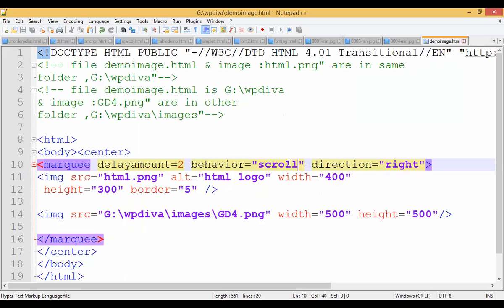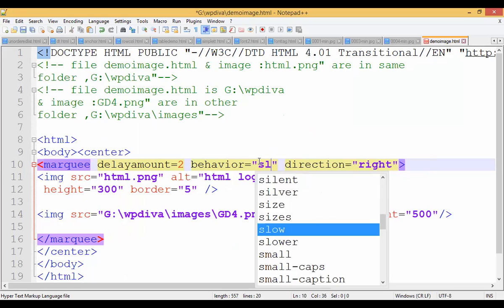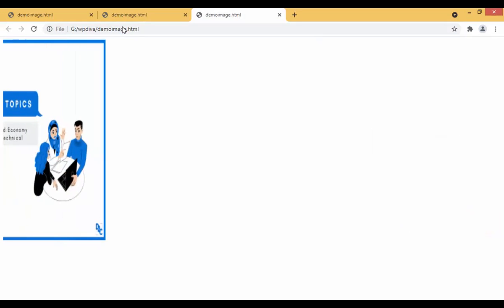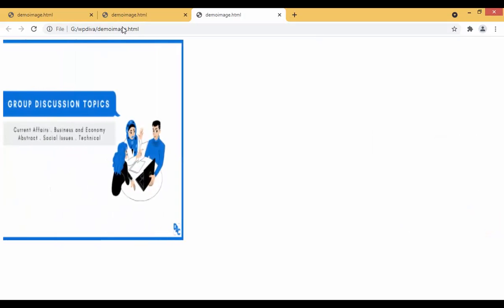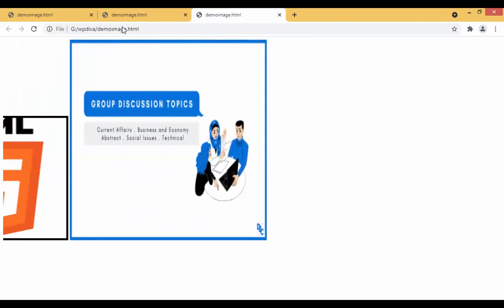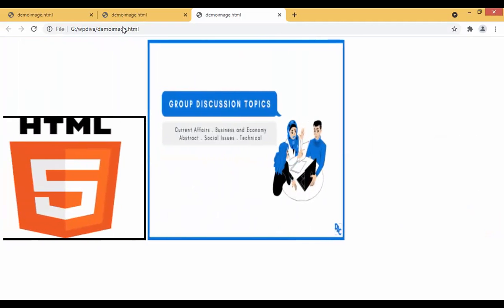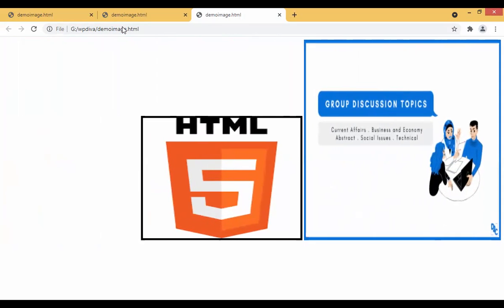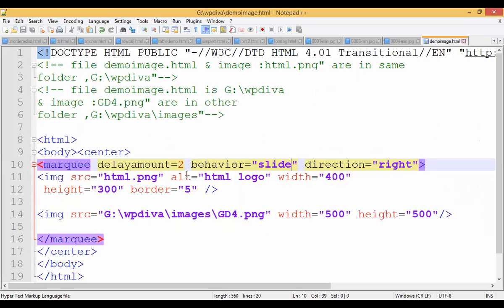So suppose another behavior, if you take marquee behavior is equals to slide. What do you mean by slide? You know seesaw, right? Just coming and dashing and going. So this is called as sliding. So you can see sliding is equals to, it will come and it will come back to its initial point. Okay, so it will slide between the initial point and end point. That is the slide property, guys. Scroll means it will completely take a rotation of the screen. So in slide, what is going to happen? It will go to the end and then again it will come back to its original position, right?